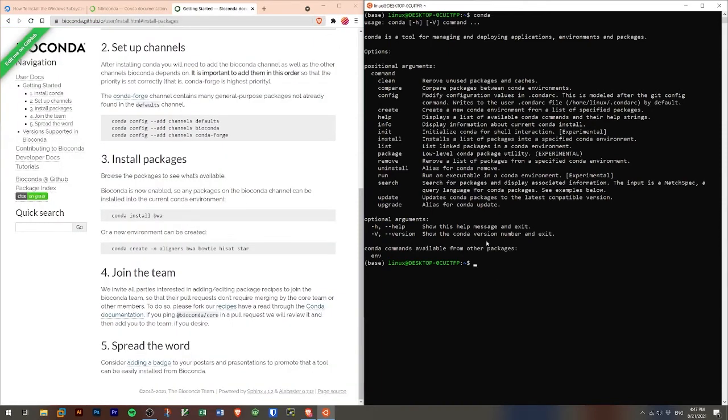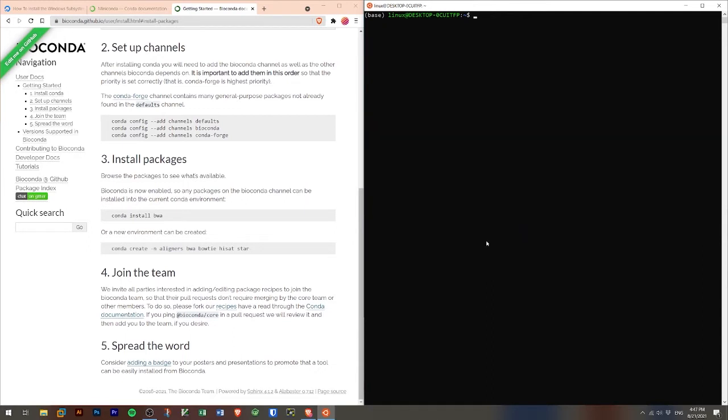So now that we have conda installed, we can go ahead and start creating an environment for our bio and chemistry projects. Here, we first will create a new environment. To do that, we type conda create -n. -n means give it a name, so we create a name for our environment, which we can call, let's say, bio. After we give it a name, we have to say what version of Python we want to use. So python=3.9,